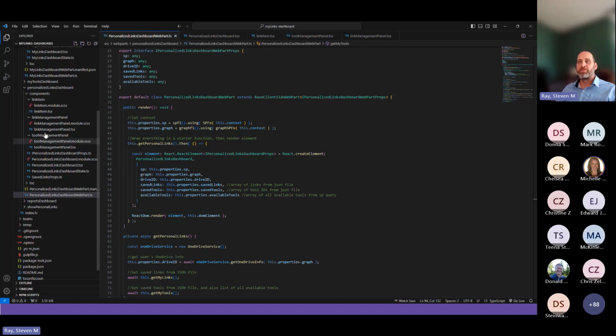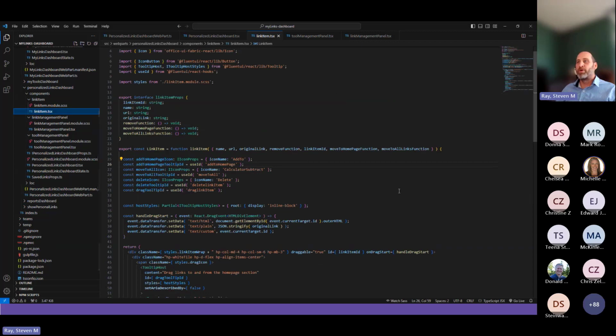We also have 3 custom components in here. Right now I'm going to show you one. We have the link item component, and what this is, the actual